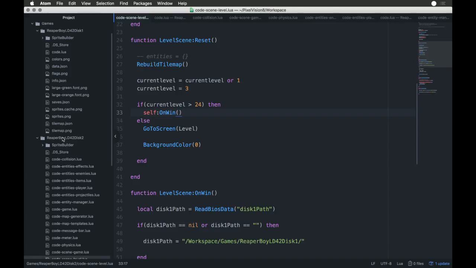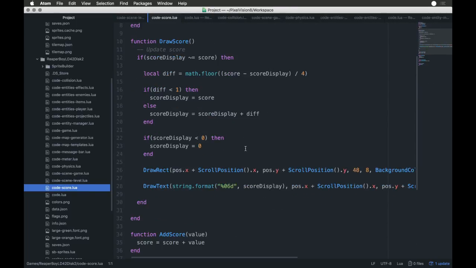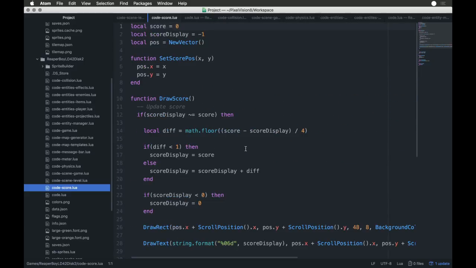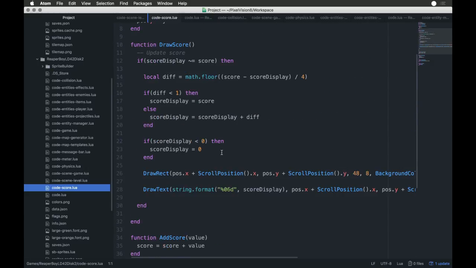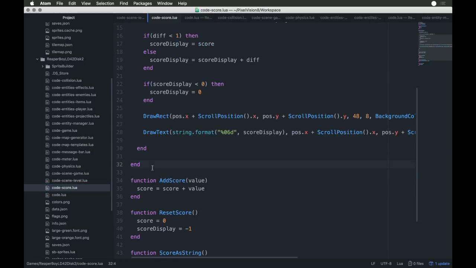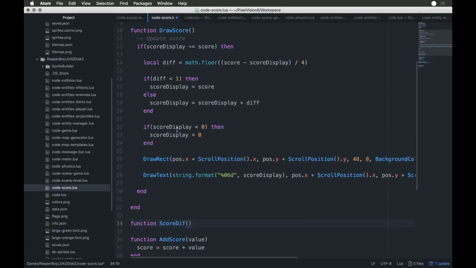where's score? So score... Draw score, add score, reset score. Score is a string, get score. Function score diff. End. What I want to see about this is